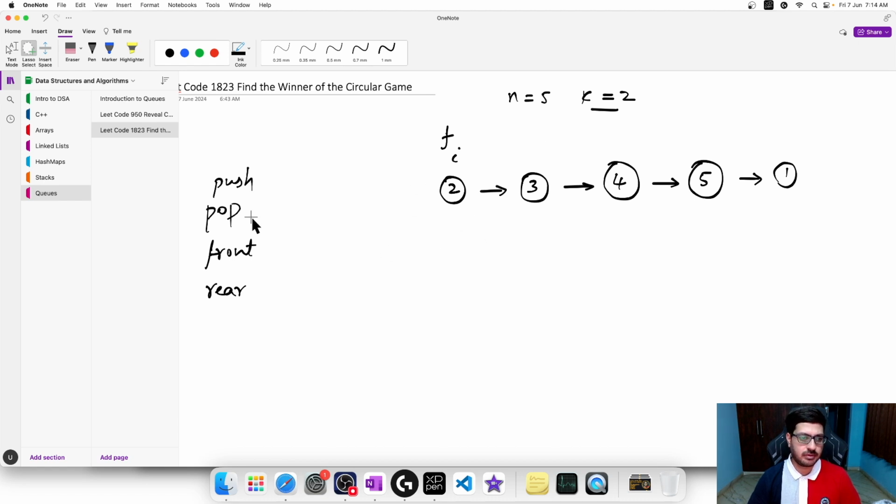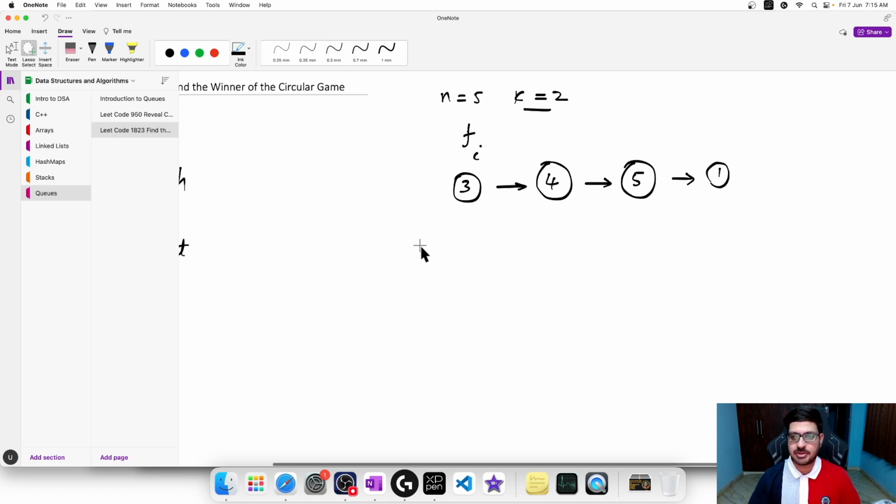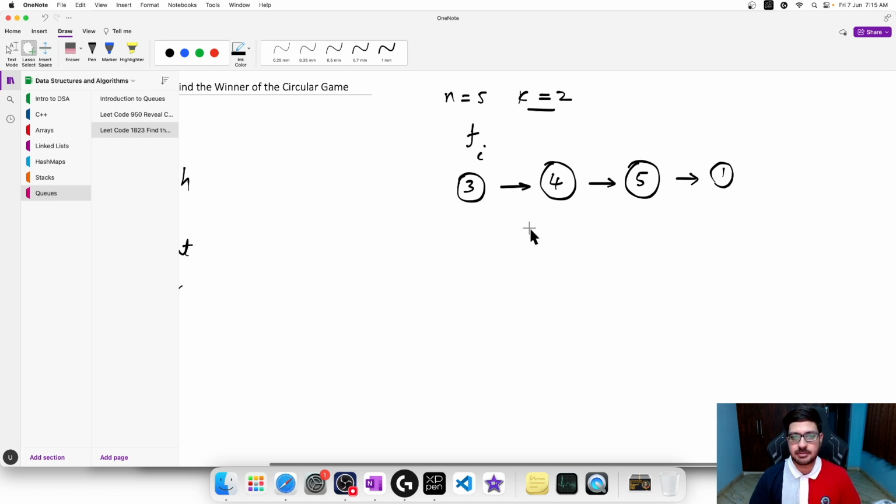Okay, now I can pop this. Okay, how do I pop? We already have a function for pop, and now this is popped and my front is now 3. Okay, I can repeat the same thing for the remaining pieces as well. So I am at i, I will go forward up to k, and as long as it is going forward, I will keep pushing the elements back to the queue. So 3 will go back,